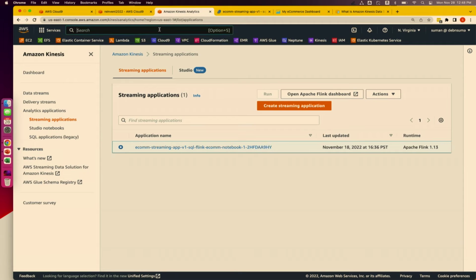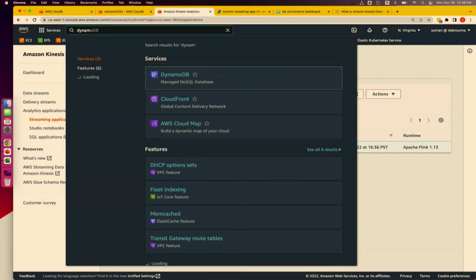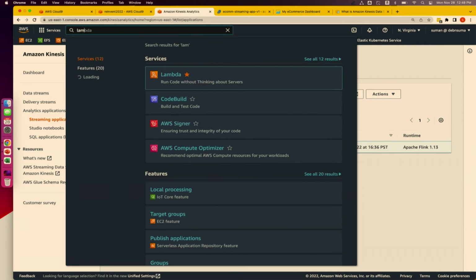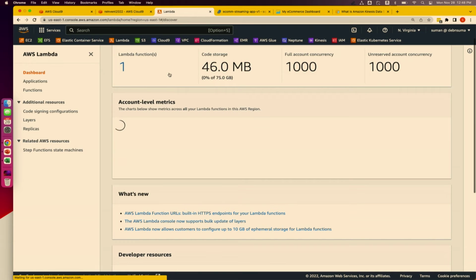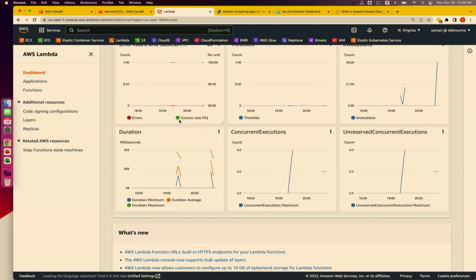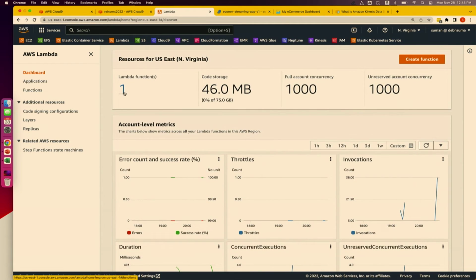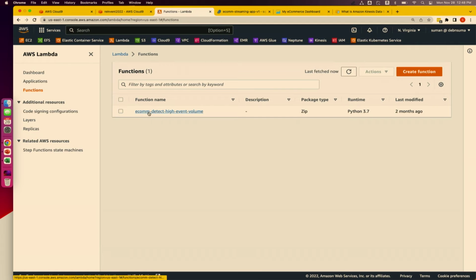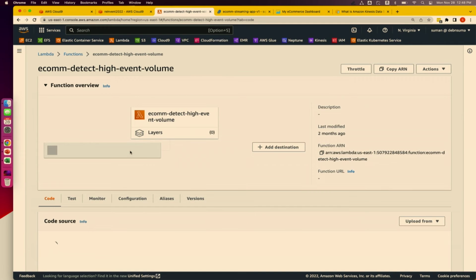OK, so now if you go to Lambda, you'll see there is one Lambda function running here. If I click on that, you will see that the trigger is Kinesis.